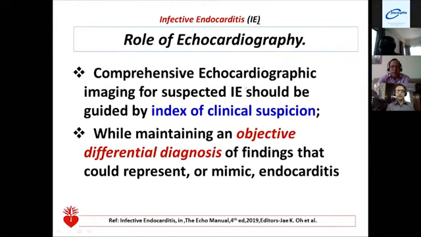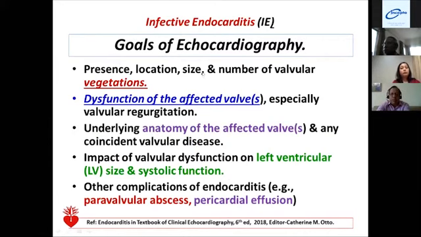A comprehensive echocardiographic imaging of suspected infective endocarditis should be guided by an index of clinical suspicion while maintaining an objective differential diagnosis of findings that would represent or mimic endocarditis. So what is the goal of the echocardiography? The goal is to find the vegetations: their presence, location, size, number of valvular involvement, dysfunction of the affected valves, underlying anatomy of the affected valve, and impact of valvular dysfunction on left and right ventricular systolic function. And obviously, you have to find out the complications of endocarditis like paravalvular abscess and pericardial